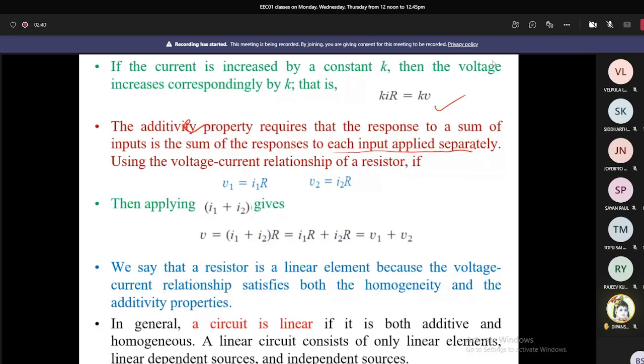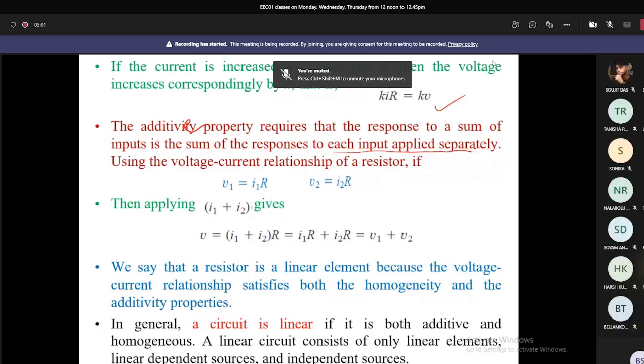So if the circuit is like this, you know all this. Say it is branch 1 and this is branch 2. So if this is I1 and then there is another I2. Okay, so it is actually I1 into (R1 plus R2), if it is R1, R2, R3, and then R4. So I1 into (R1 plus R2) and then I2 into R4.